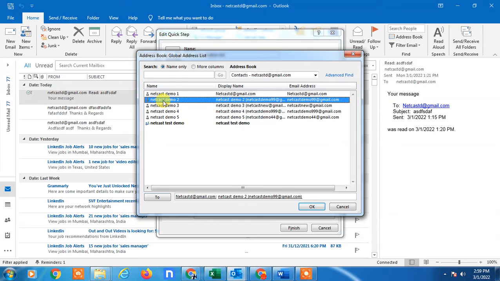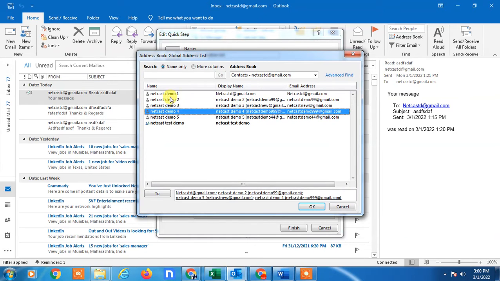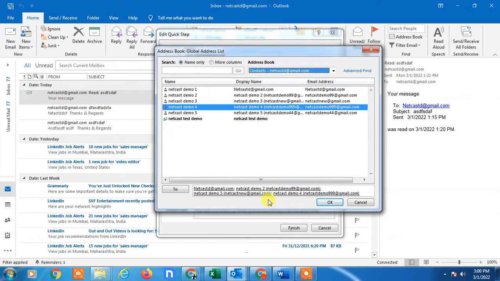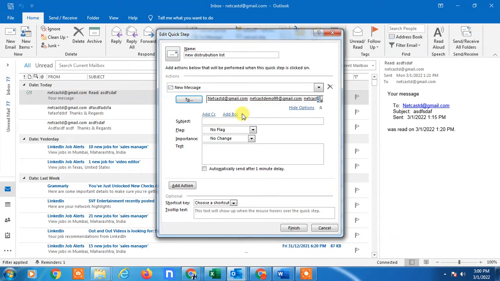Just double click on your email id. This is my contact list. Okay, so you can add manually also. You have to go into contacts and add the people, and from here now come back, and here you can add the people like this, or you can enter the email id and just double comma, and you can just click on OK now. So all of this will be added.